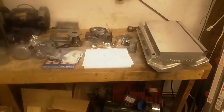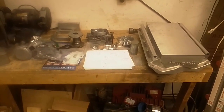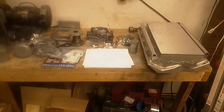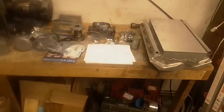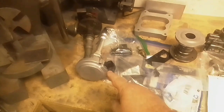Hello, I'm going to do a quick video about a project I'm starting on making a fuel injected intake for the Cadillac. Now I've started gathering up parts. I need to start machining stuff, but I thought I would show you guys where I'm standing and kind of what I'm working on. So if we look at some of this, what I have here is a Vortec Chevy